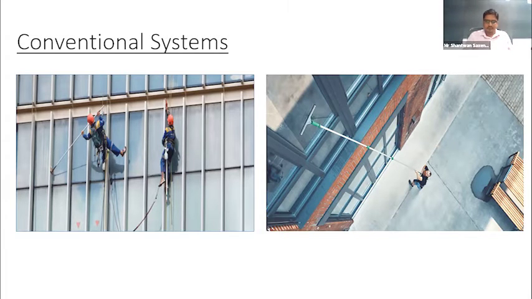It is not effective. He is facing difficulty in accessing the facade. And also if you see his feet, it's resting on the fin, and there is a possibility that it might damage the facade also. Then we have this tucker pole, which can be used to access the facade up to 12 meter height. So these were the conventional systems which we have been using for the past 2 decades now.